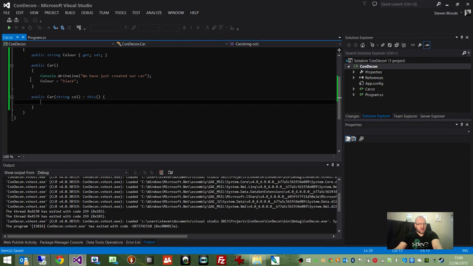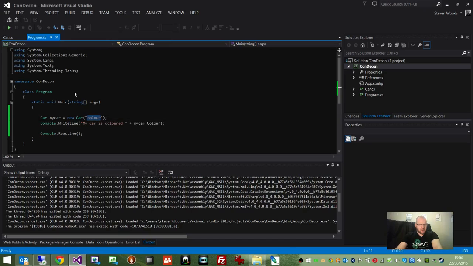But this constructor will also inherit the initial constructor. So if I set the Color property equals col, which allows that value to be placed into that property, what you'll probably see is now, if we go to program and say orange,